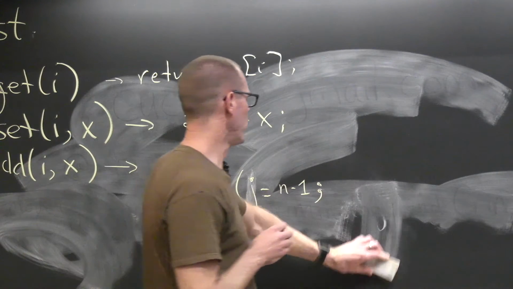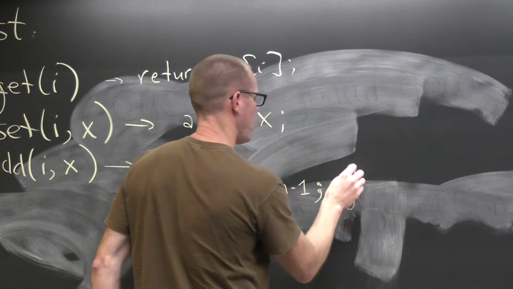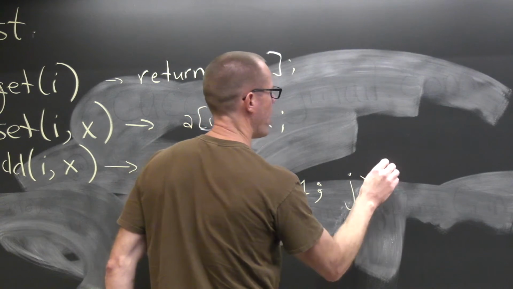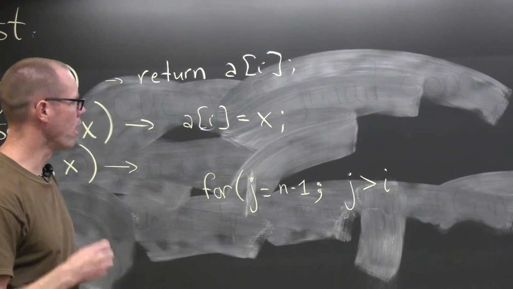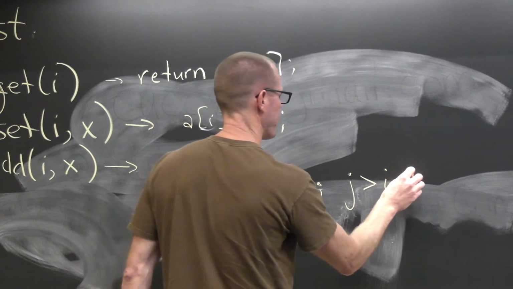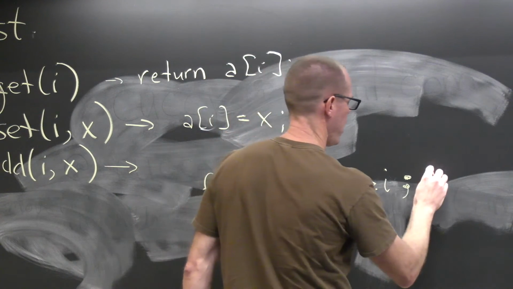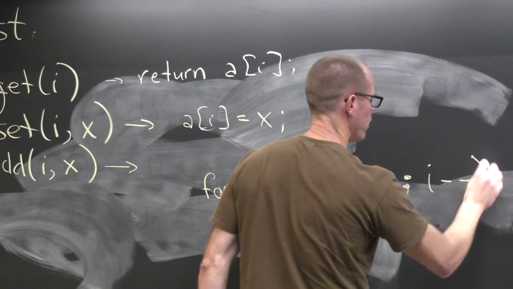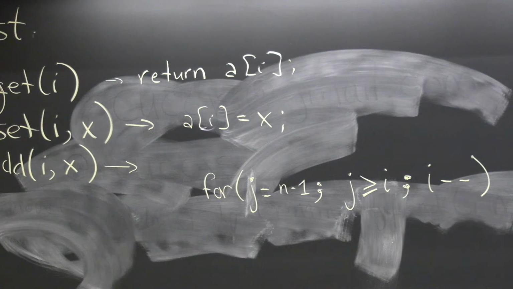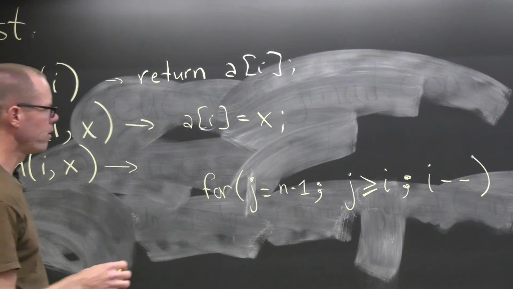Yeah, so we continue as long as j is bigger than i. Eventually j will get down to i, and that's when we'll stop. Or actually bigger than or equal to i. And each time through the loop, we subtract 1 from j,